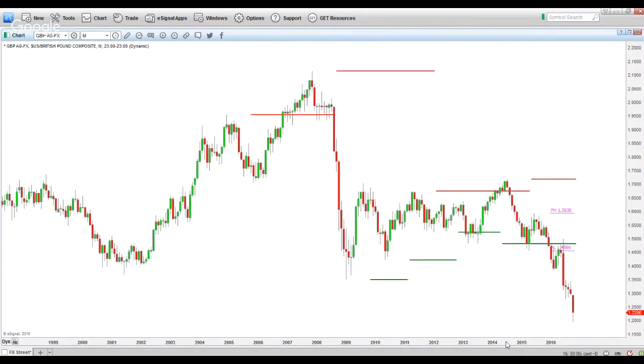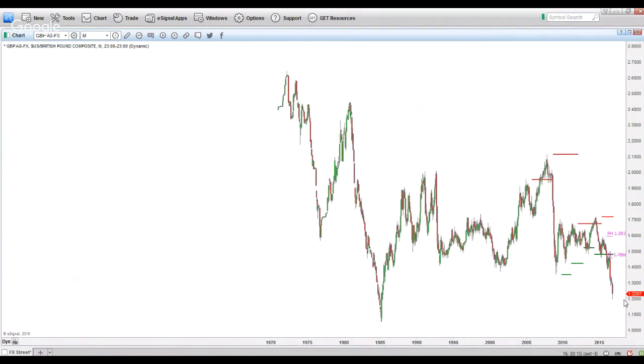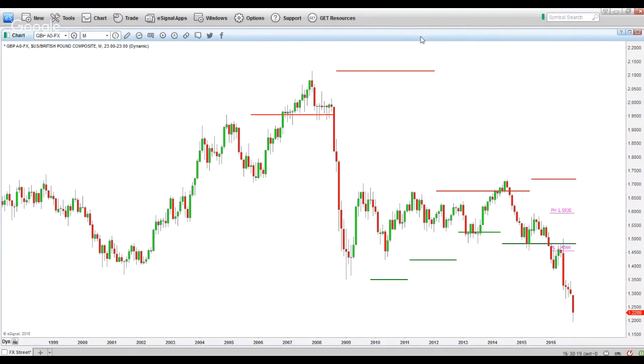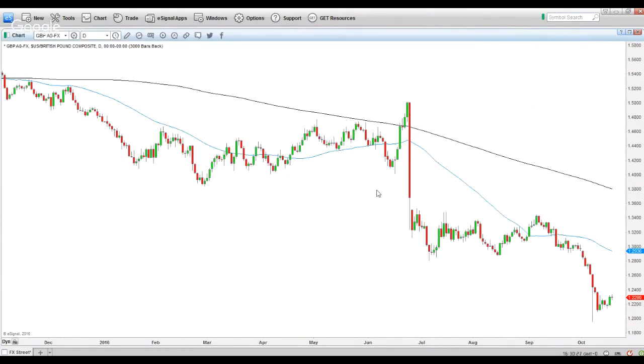Now, if I compress the chart again, if it clears 1.2, then the first stop will be 1.1. If it clears 1.1, then the figure 1. That is how I look at round numbers. If we go to the weekly, price is below the weekly 200, below the weekly 50, below the daily 200, below the daily 50. So we have a bearish bias. As already mentioned, I've been short since around 1.4. Now price is finding a little bit of support around 1.2.